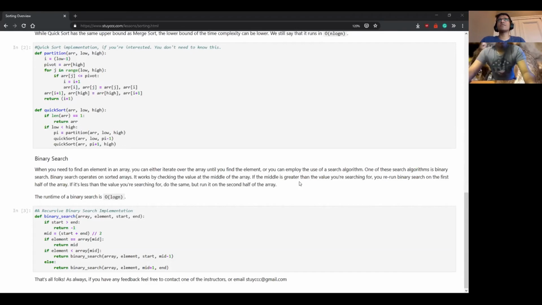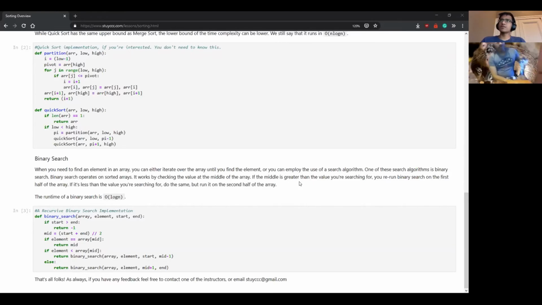If I want to find the person with age 20, I can go through that entire list and check their age every time, until I reach the end of the list. Either I must have found someone with age 20, or someone with age 20 isn't in the list. Now,